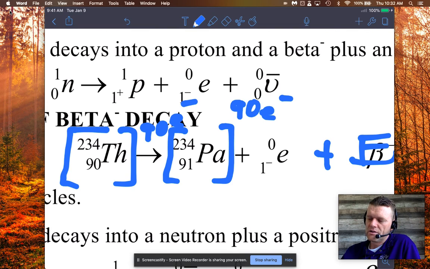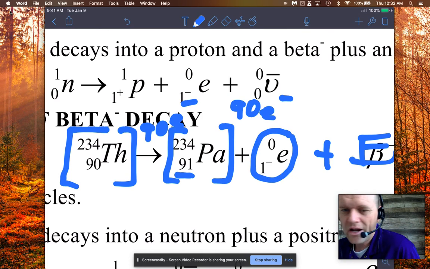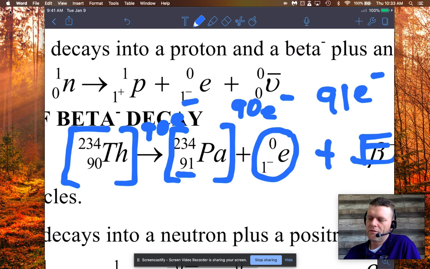So what you would technically have is protactinium plus, because you'd have 91 protons and only 90 electrons, which you don't have the mass of. You don't have the mass of the ion. But you did create an extra electron, so that would mean you have a total of 91 electrons. That's nice, because 91 electrons is what the regular protactinium has. Protactinium neutral has 91 electrons. So what I'm really trying to say is, if you ever have to find the energy